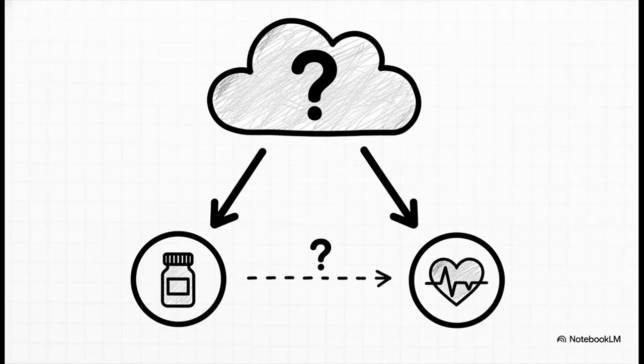The villain in this story is often a hidden enemy we call a confounder. A confounder is some factor that we're not even looking at, but it's the real cause of two other things we are looking at. For example, think about a medical study. If we see a new drug is linked to better health, is it the drug? Or could it be that wealthier patients who can afford the new drug also have better diets and access to better care? That wealth factor is the confounder, creating a false link that can totally mislead our AI.